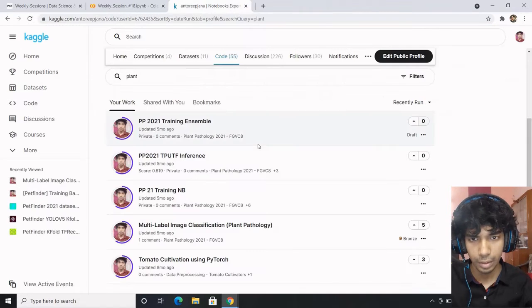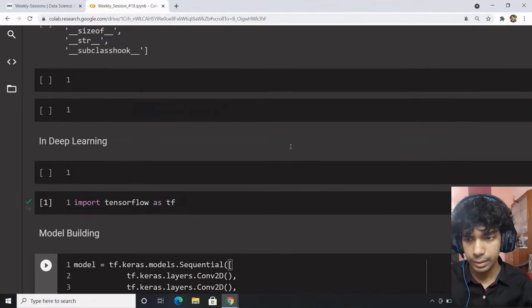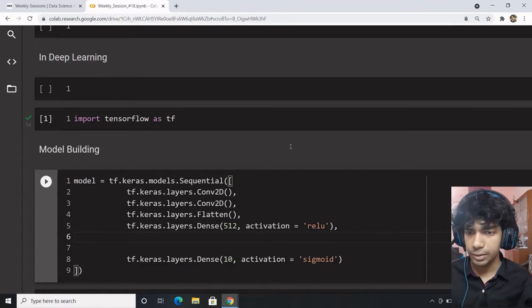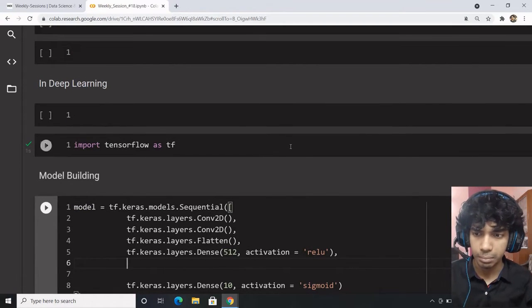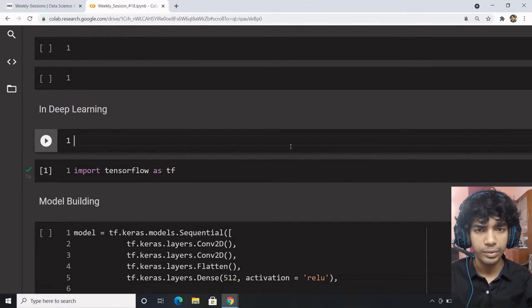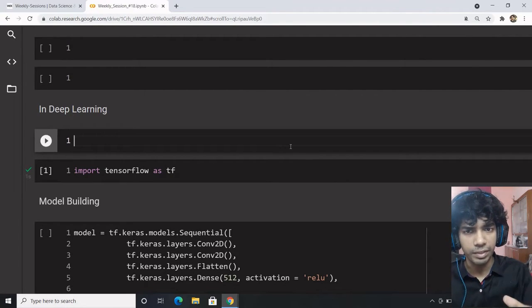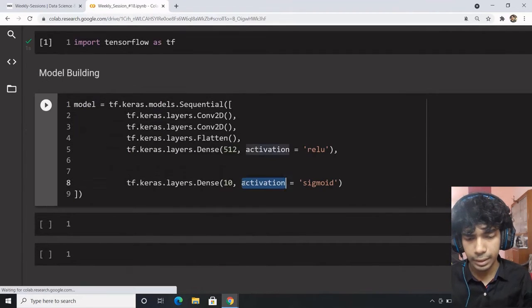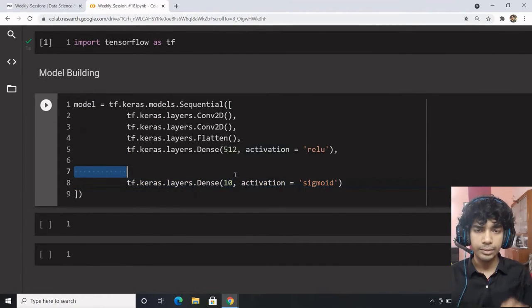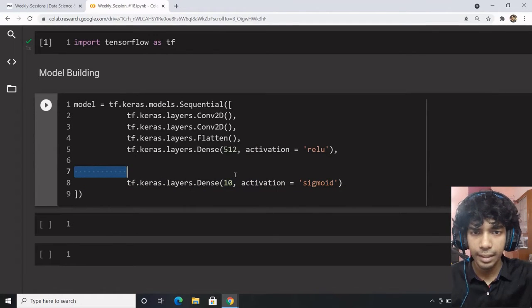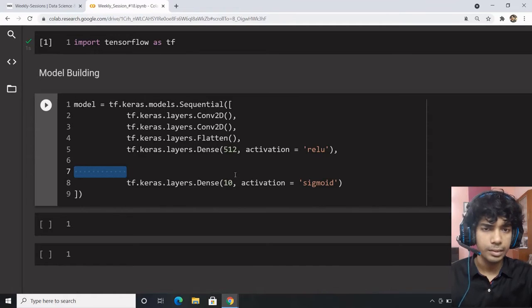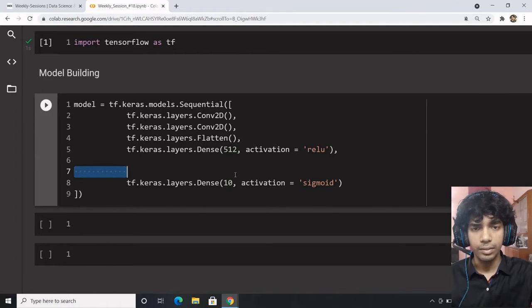Good enough. I think you got the idea what this actually talks and discusses about. I doubt that this session would cross even over 30 minutes, but that doesn't matter. What should matter is the value you have gained from the session. So we have learned two things. One is the deep learning thing: the last layer should be the number of labels you have, and for each label it would be a sigmoid activation. So ultimately you will be getting a multi-label classification.